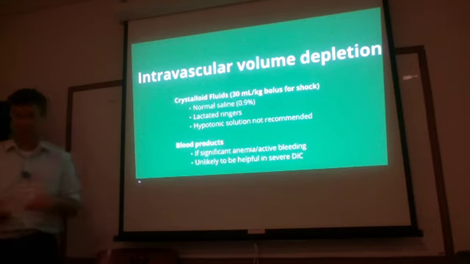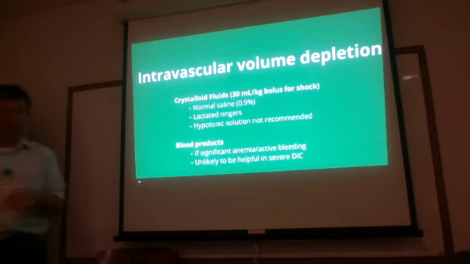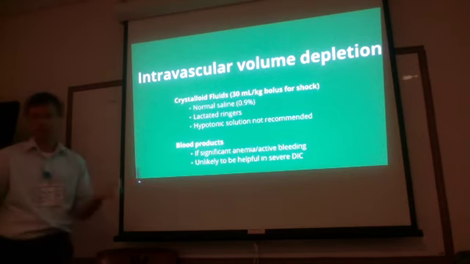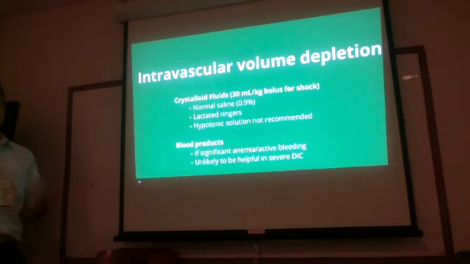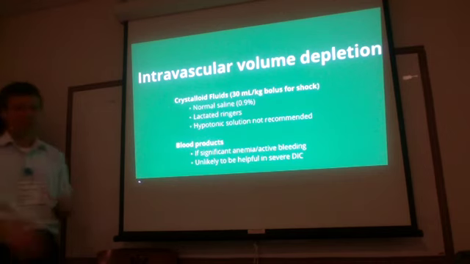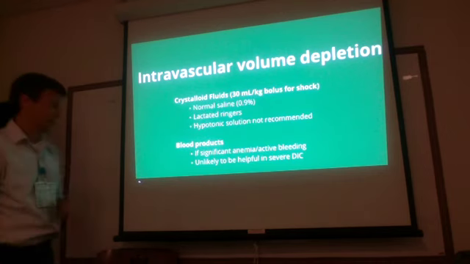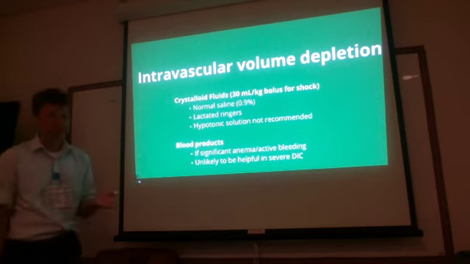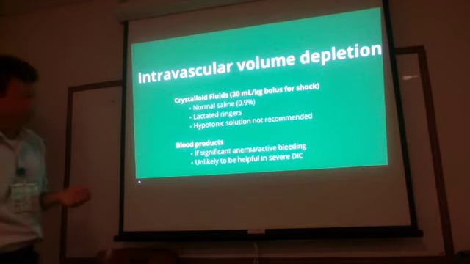In terms of blood products, unless they have active bleeding going on, you're really not going to want to give them a bunch of blood products. Giving them other things to cause clotting if they're in DIC is not typically helpful, because they're just going to use them up. And so you have to actually stop whatever the infectious process is before you can try and correct any of that. So unless they're really anemic or actively bleeding, you're not going to give them blood.